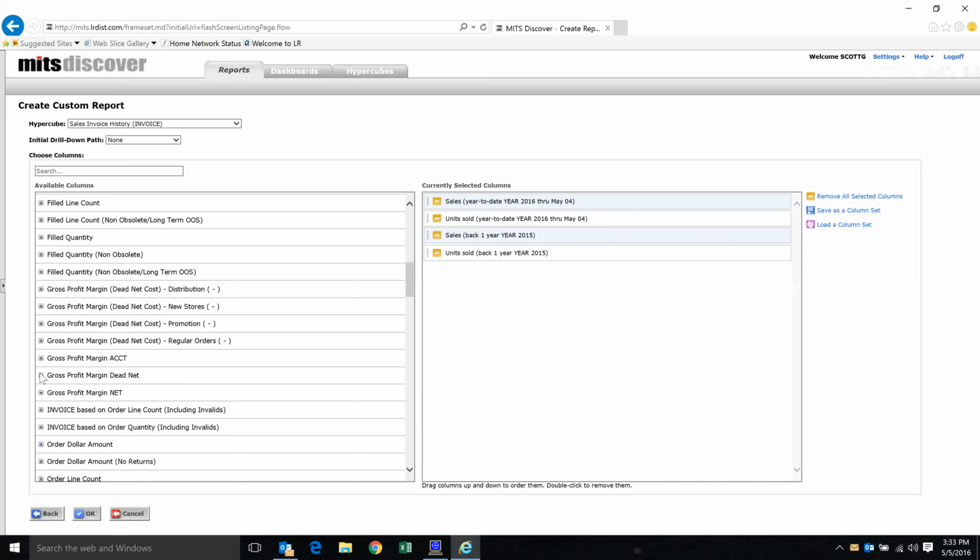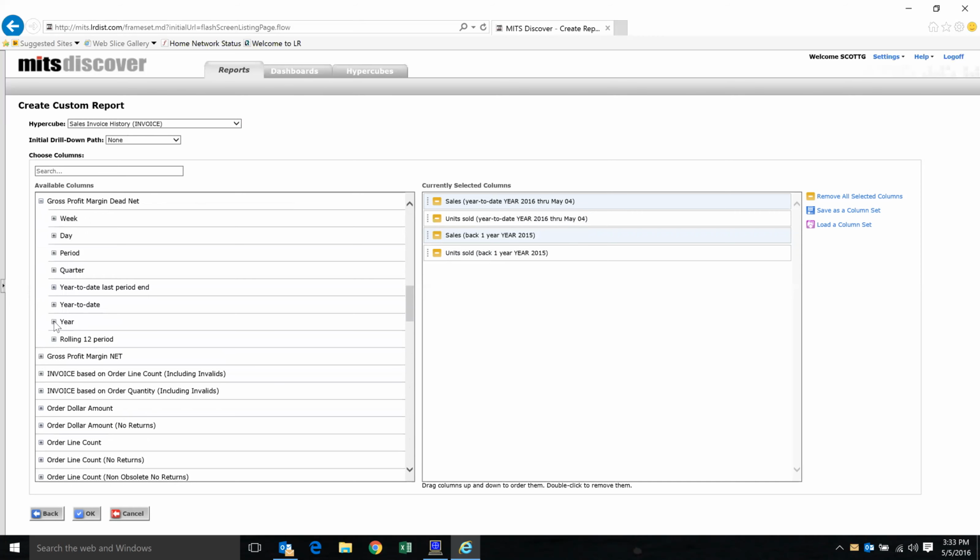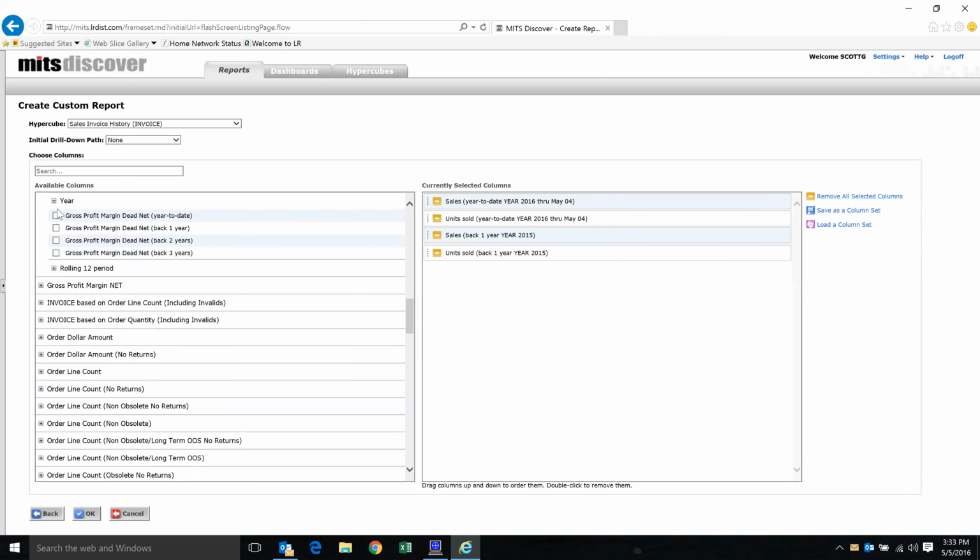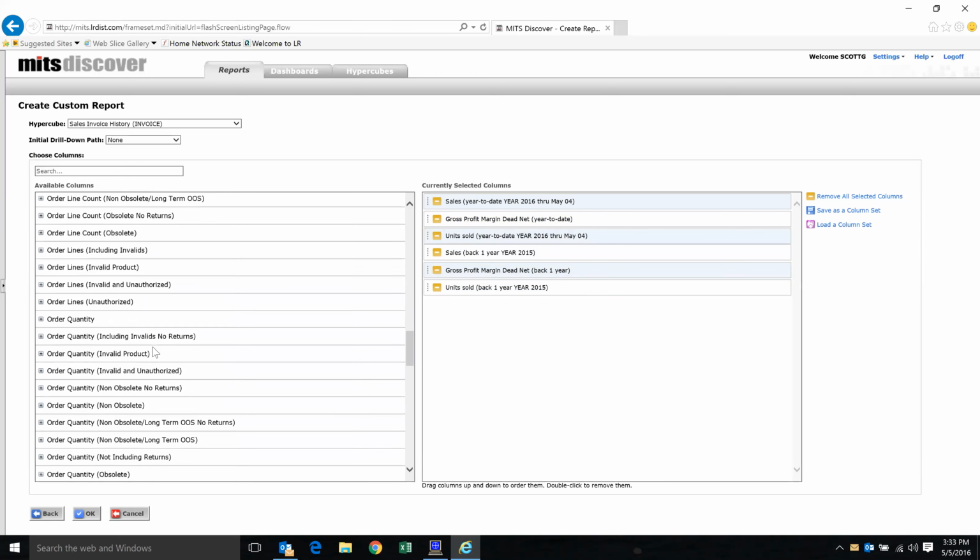So if I want to know our gross profit margin dead net, again, I'm going to go to year. I'm going to go to year to date, and I'm going to select back 1 year. So I'm going to bring this up. So now I have sales, gross profit in units, sales, gross profit in units. So that's the gross profit margin. So now I want to know